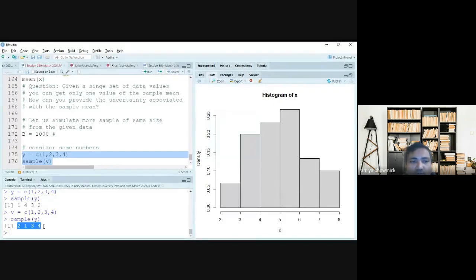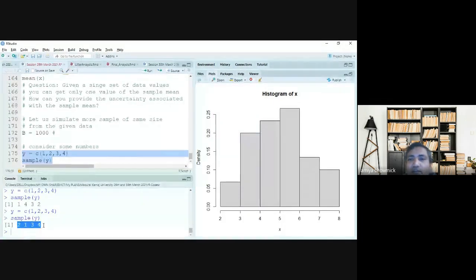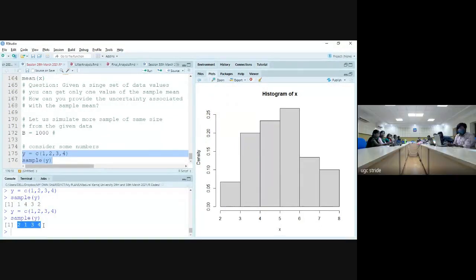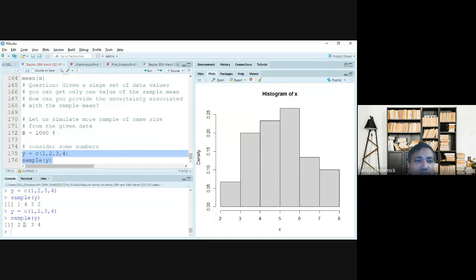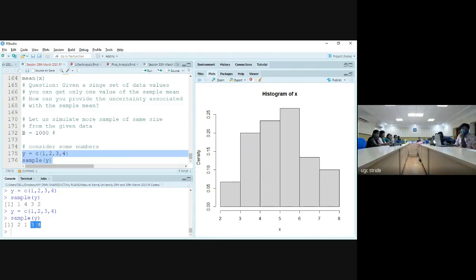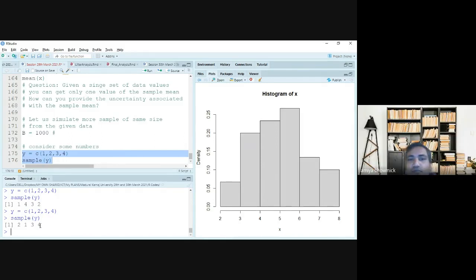I got 2, but I did not return it to the box, so I am left with 1, 3, 4. Next I pick the value 1, and I do not return it. Then I have 3 and 4. Then I got 3 and then 4. So this is known as simple random sampling without replacement. If I do this, I am going to get the same set of sample values with a different order.